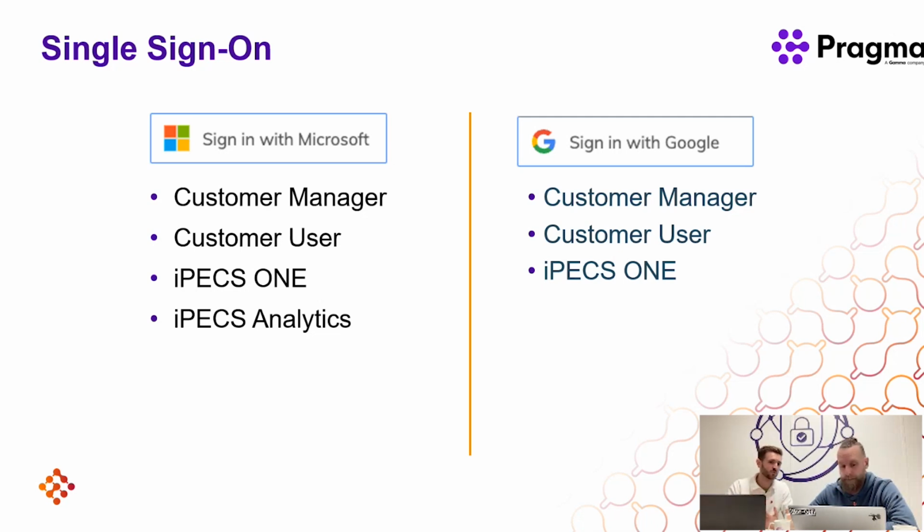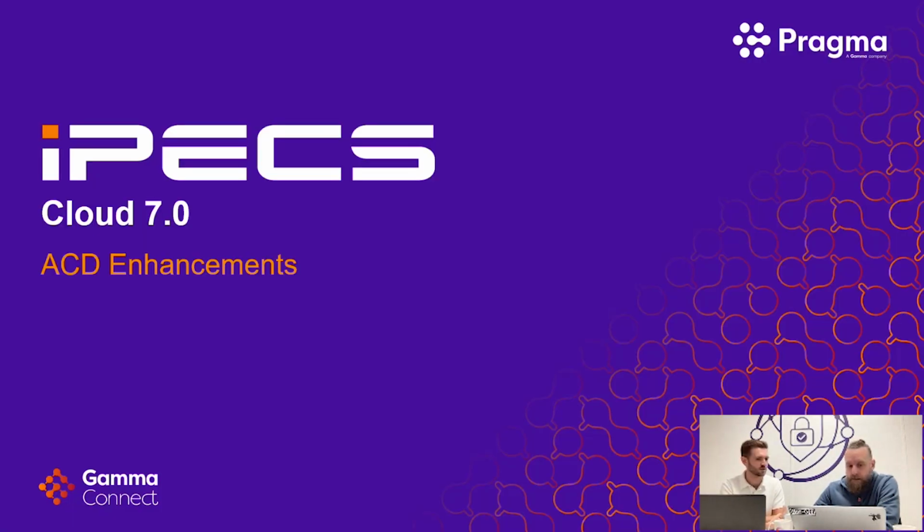It's great that we've now got the alignment. I think last year we brought out the Microsoft one, wasn't it, in Cloud 6. So one year on, we've got the Google bit just to align with what people would expect, I guess, isn't it? Exactly. We've got some bits coming up around ACD, lots of exciting stuff around ACD coming.